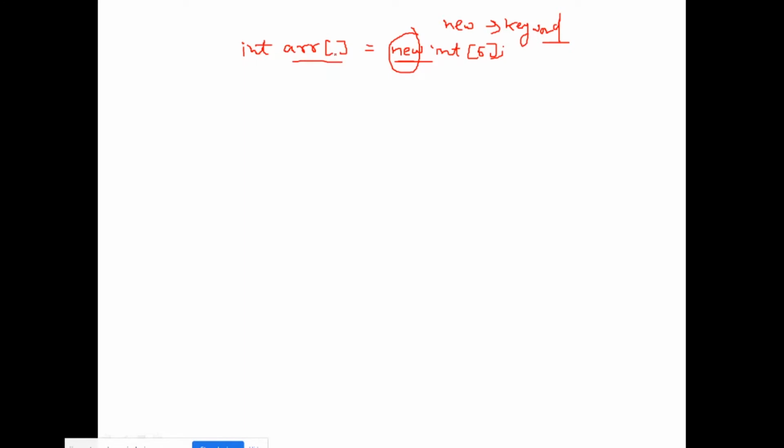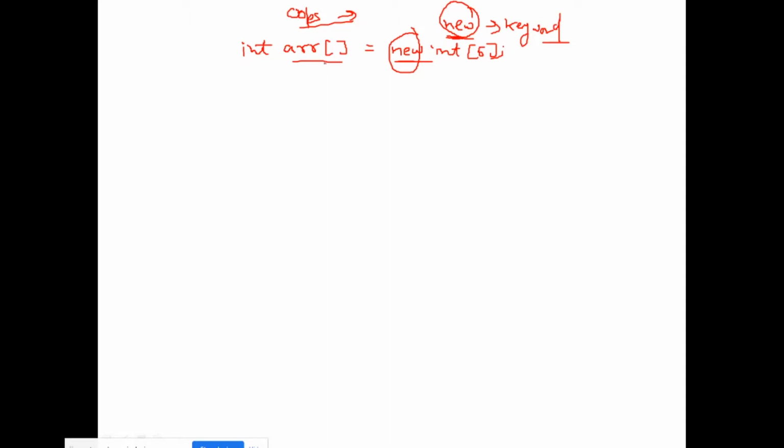So this new will be responsible for assigning the memory to the variable, right? And this new will be used when I will be covering OOPS concept. When you will be making the object of any class, then this new keyword will also be used. So just know what this new means. This new is responsible to assign the memory, right?